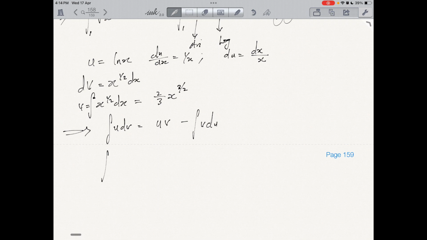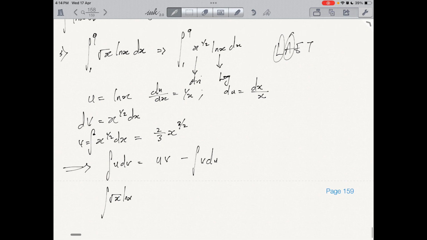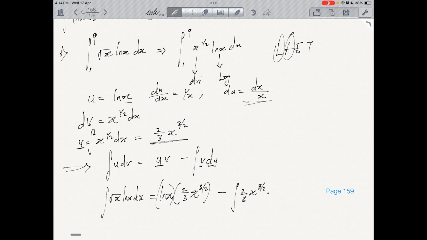Our integral of u dv is the question itself, which is root x ln x dx, and our u, which is ln x, times our v, which is 2 over 3 x raised to power 3 over 2, minus the integral of our v, which is 2 over 3 x raised to power 3 over 2, multiplied by our du, and our du is what? dx